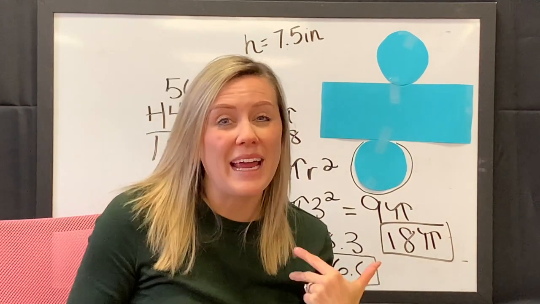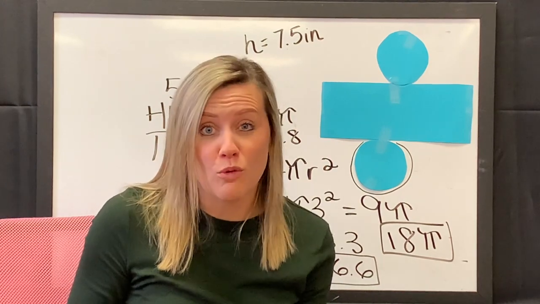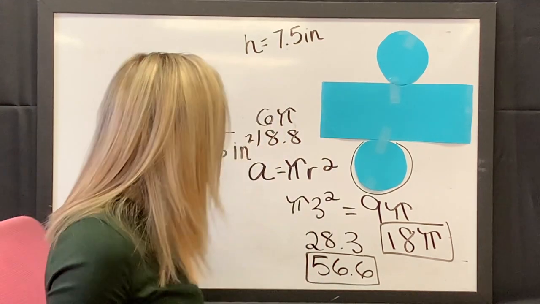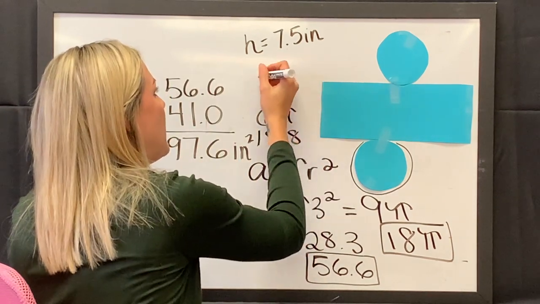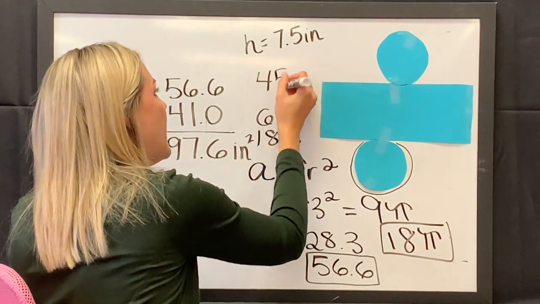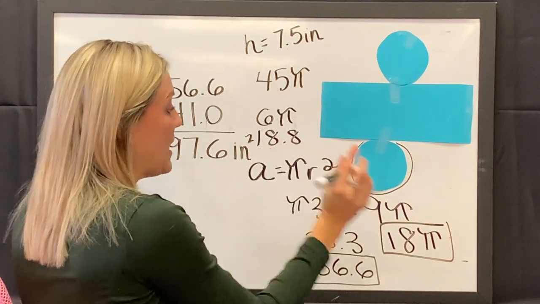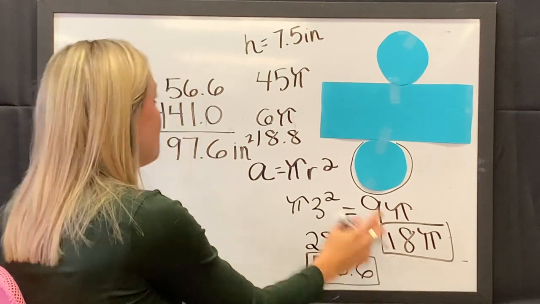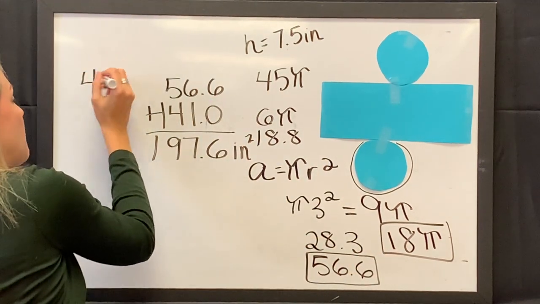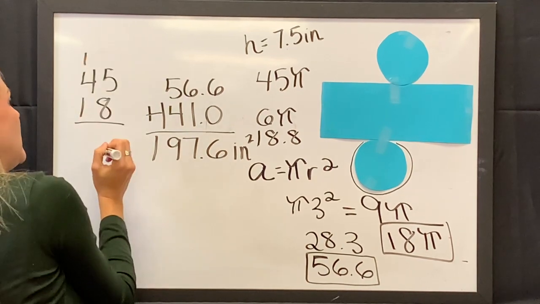But if I want my answer in terms of pi, that means that you don't multiply by pi yet, okay? So I'm going to take that 45 and write my answer as 45 pi. And then I am going to add it to my 18 pi, which was down here. So 45 pi plus 18 pi is going to give me